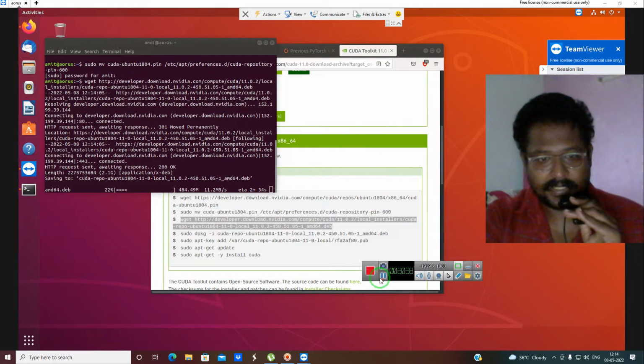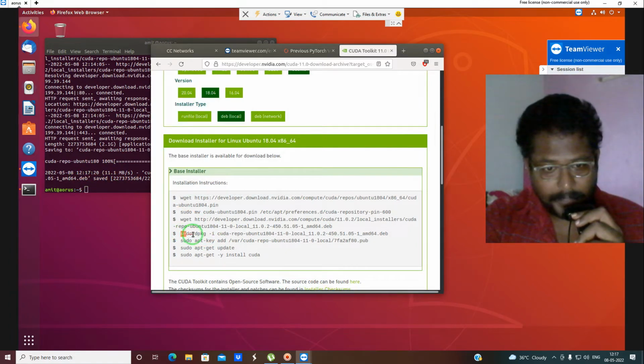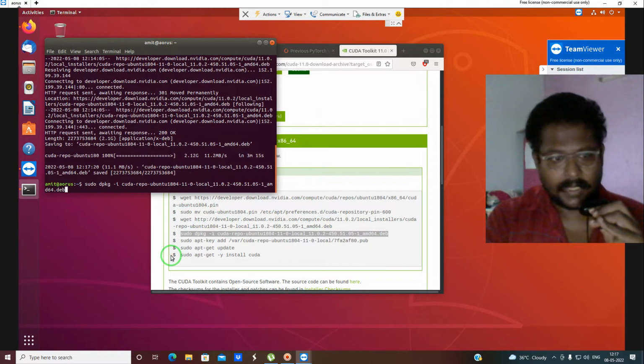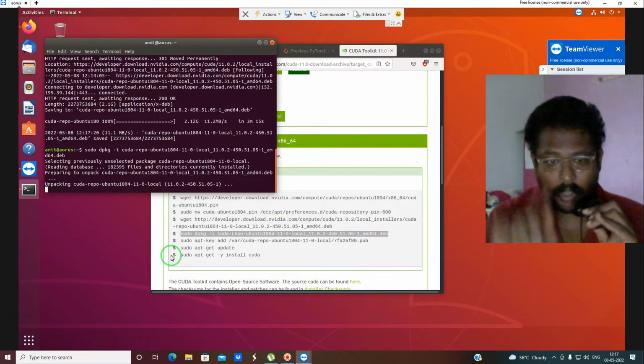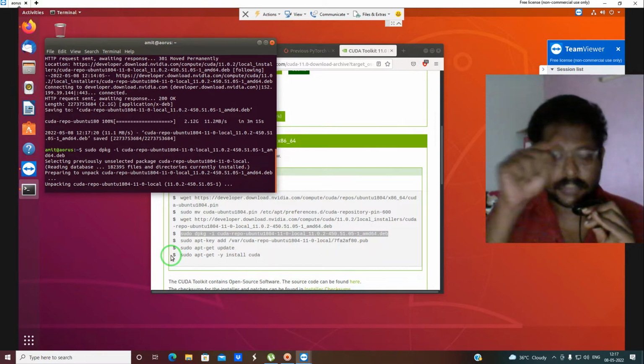So let it get downloaded. So now we have just downloaded it. Now we have to start to unpack it. Use sudo dpkg. So let's unpack it. So let's paste this. You have to paste one by one. Okay, and you have to note that for that 11th version, 450 is only applicable using that proprietary